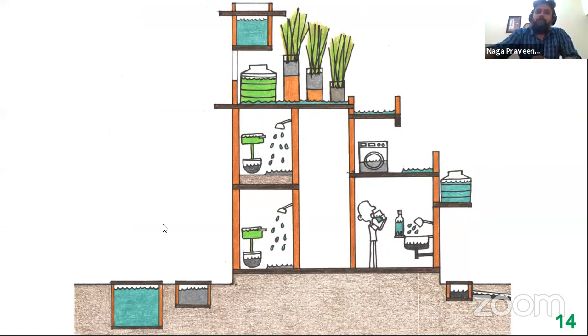All you have to do is incorporate small techniques like having a separate tank, or a separate PVC tank, which can take in the water. You just have to add some filters, and then that can be reused. Very simple technique. It really doesn't cost. It is not a huge budget for incorporating these techniques in your houses.